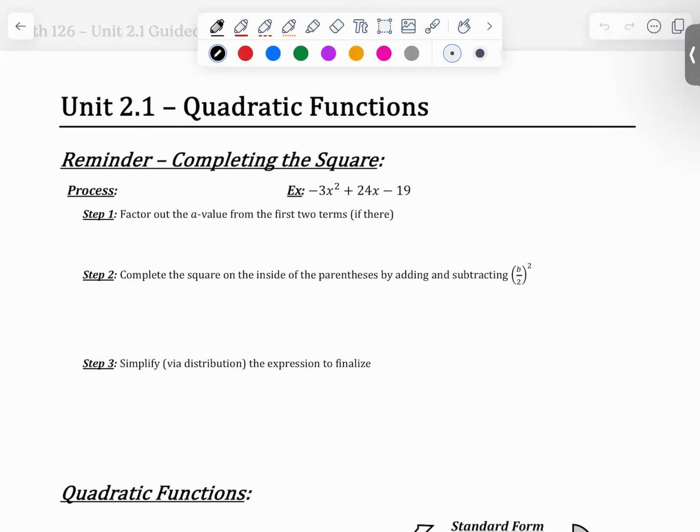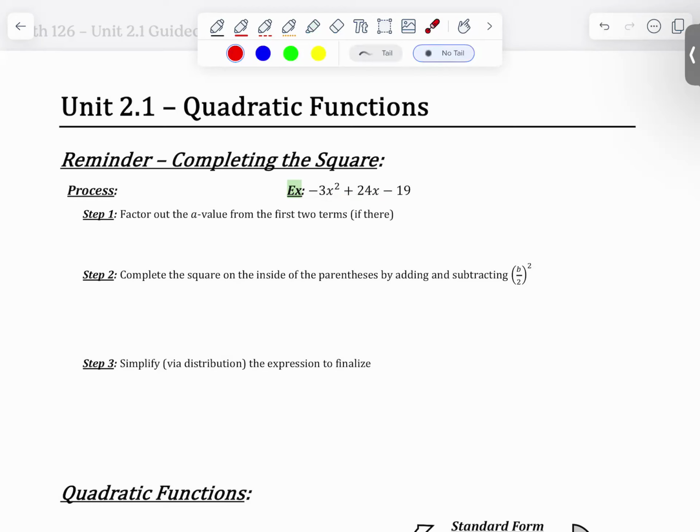Hello everyone and welcome to our first video on Unit 2.1, which is on quadratic functions. As it's going to be very important to the rest of this section, especially this video, we're going to do a little bit of a reminder on how to complete the square like we were doing in section 1.2. So, given a quadratic expression such as this, the first step to complete the square is